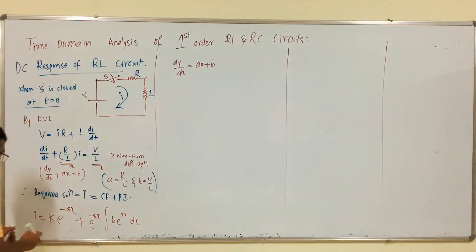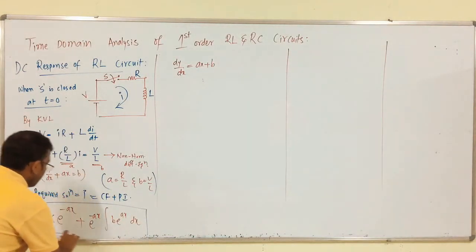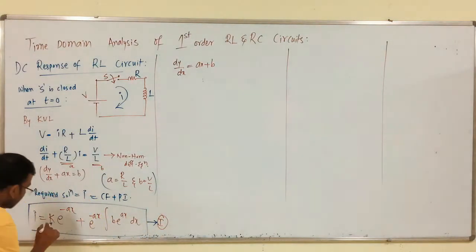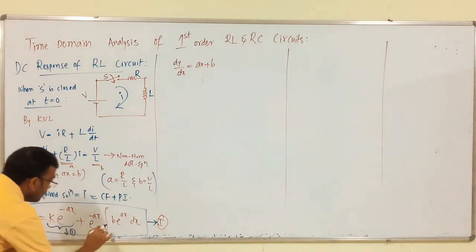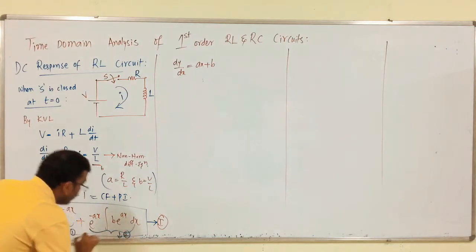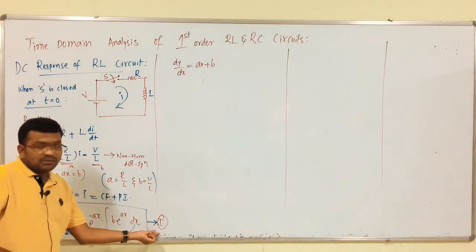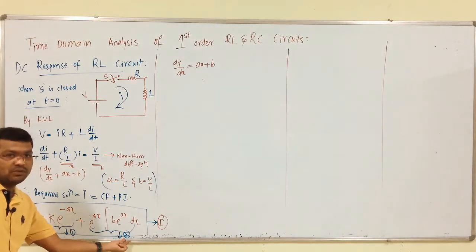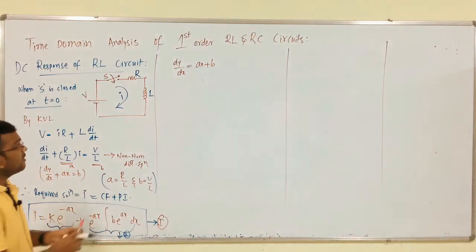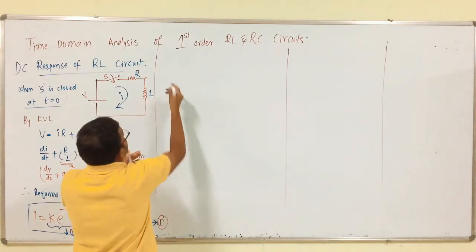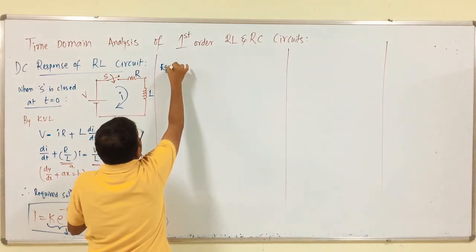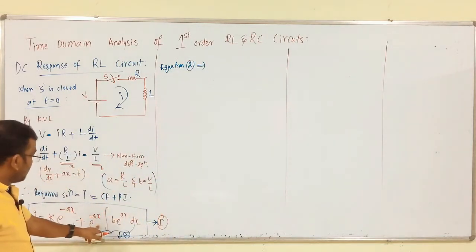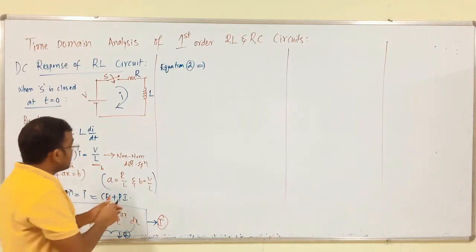So, we have to calculate this and solve these two equations. We can assume this as main equation 1. This is 1 and this is 2. From this main equation 1, I am going to consider only equation 2 and solve this equation first. That is e power minus Ax integral of B into e power Ax dx,